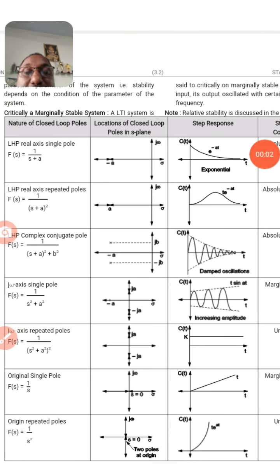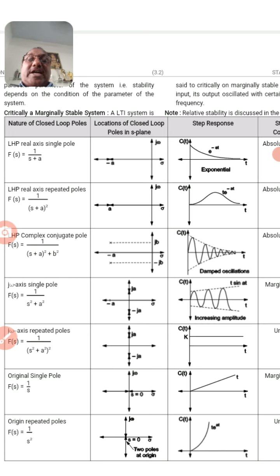Good morning, friends. Today we are going to start with stability analysis, in which we are going to learn the root locus method. We will review what we learned till today. What is there in this unit?